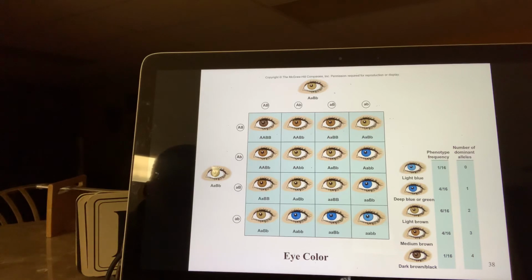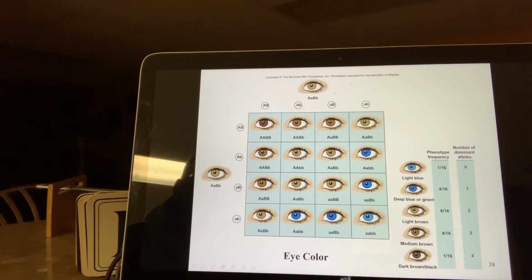Eye color. Eye color is also polygenic. It's based on 2 genes, the A gene and the B gene. And these 2 genes have to do with the thickness of the iris and also the number of pigment cells within the iris. The more pigment cells, the thicker the iris, the darker the eye. And again, here you see a situation where if you get the more recessive genes, you get the lighter colored eyes, the blue eyes. And the more dominant genes, you get the darker eyes, and then you have all the